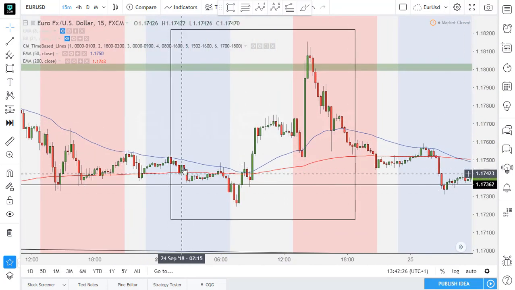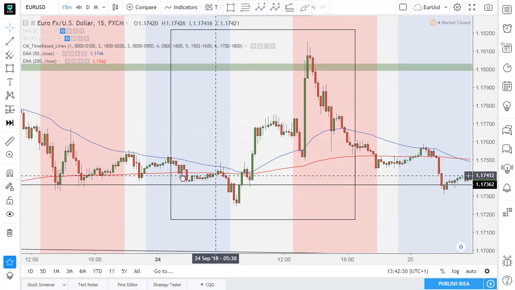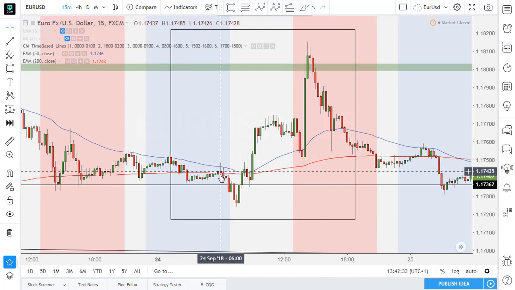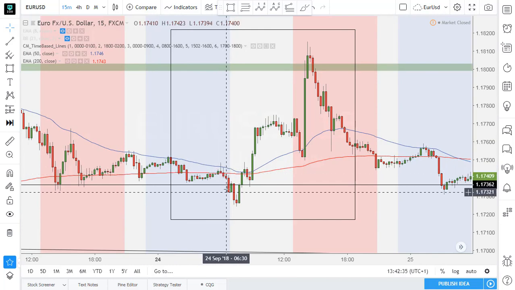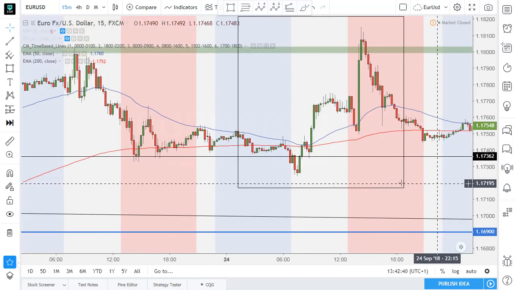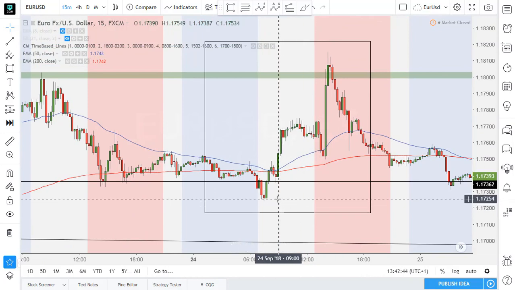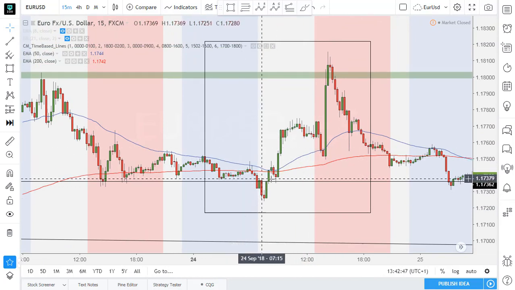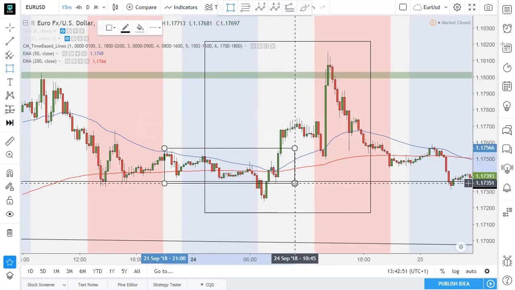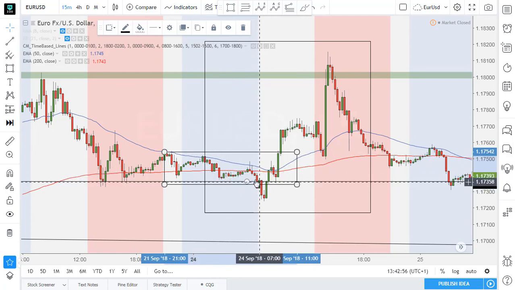Notice how the Asian session here was quiet and it was consolidating. Now the London open and Paris open are about to happen, so we kind of expect some kind of a false move, especially if there is news, a false move, a stop hunt, something like that. And this is exactly what happens. We broke down below this Asian range. You can see it. This was the Asian range, and at the start of the European session we broke that